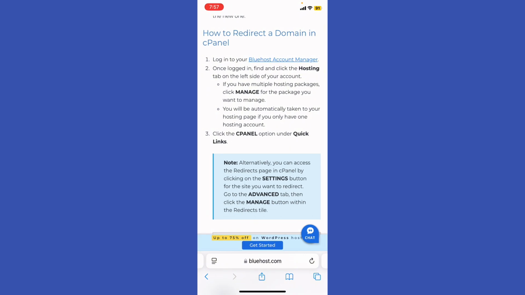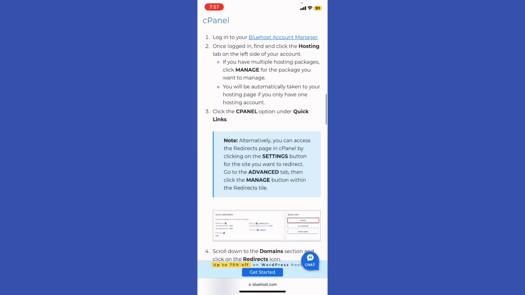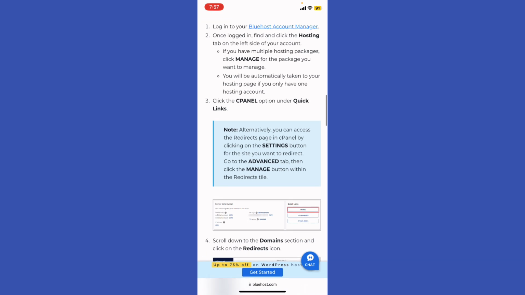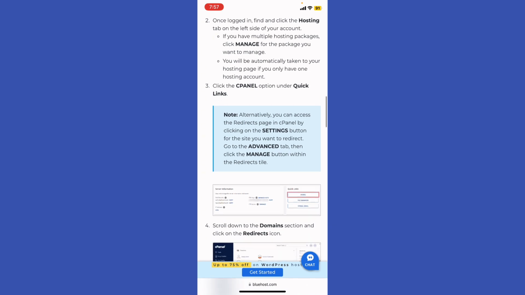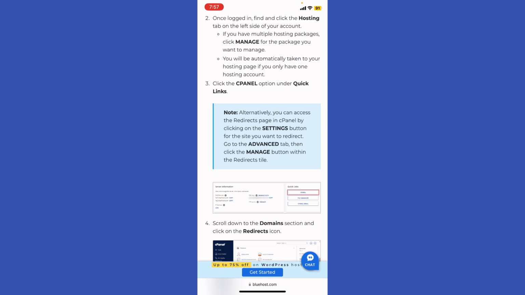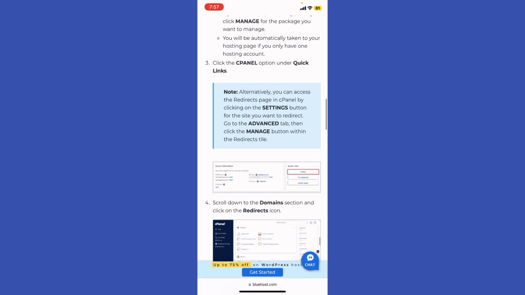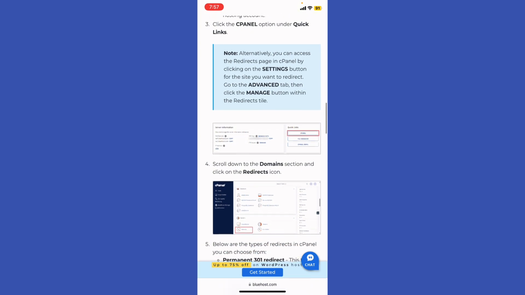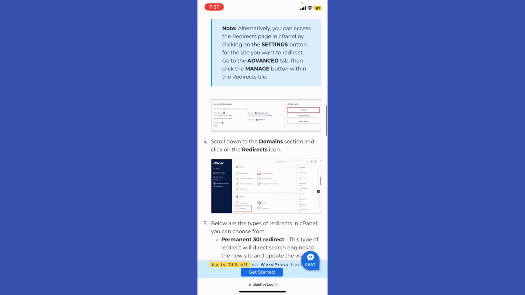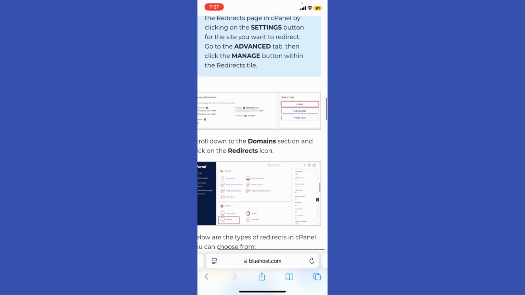Now, what you gotta do, basically, log into your Bluehost account manager. Once logged in, find and click the hosting tab on the left side of your account. If you have multiple hosting packages, click manage for the package that you want to manage. You will be automatically taken to your hosting page if you only have one hosting account, and then click the cPanel option under the quick links, okay, right here, and then scroll down